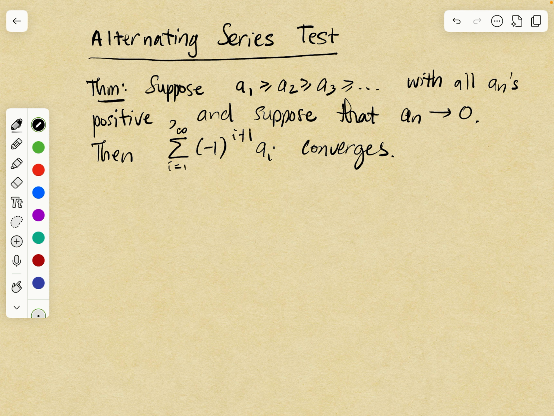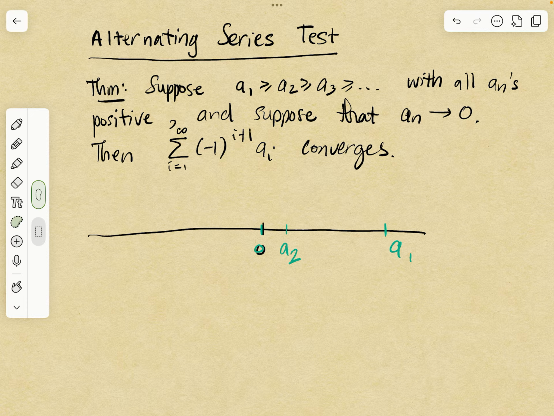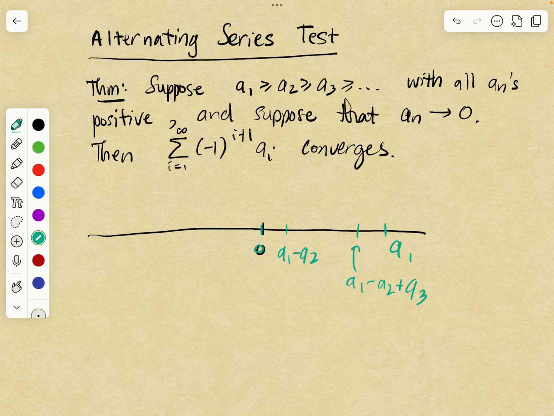converges. So the idea is that you have 0 on the number line, and then you have a1, which is some positive number, and then you subtract a2. So a2 is less than or equal to a1, so you might be at 0, but you might be, say, here, that's a1 minus a2. And then you add a3, so maybe you're here. And then you subtract a4, so you get here, say, and then you keep going back and forth, except with the distance